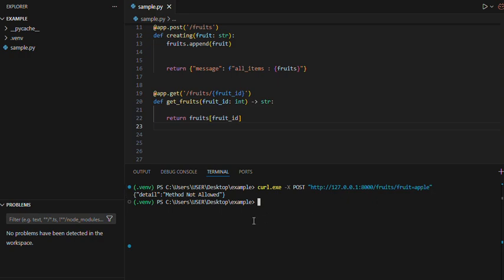Why is it saying method not allowed? curl.exe -X post http, yeah, 127.0.0.1 8000, right? Then fruits. Oh, sorry. Oh, sorry about that. Fruits, fruit, and